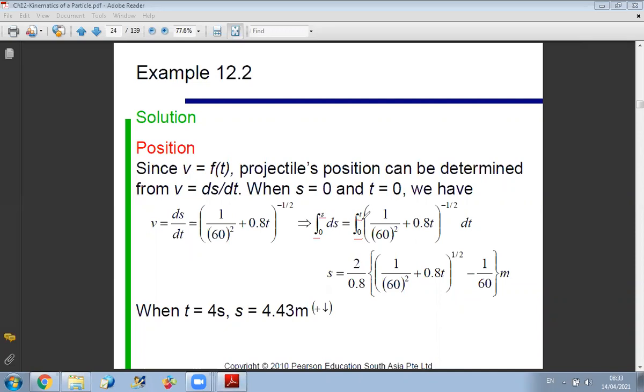And here, if you want, you can directly replace t by 4 seconds, because you will not need the function anymore in it. Now you just need s as the final state. So it's up to you. You can find the function then replace, or you can directly do the integral procedure and replace by the boundary